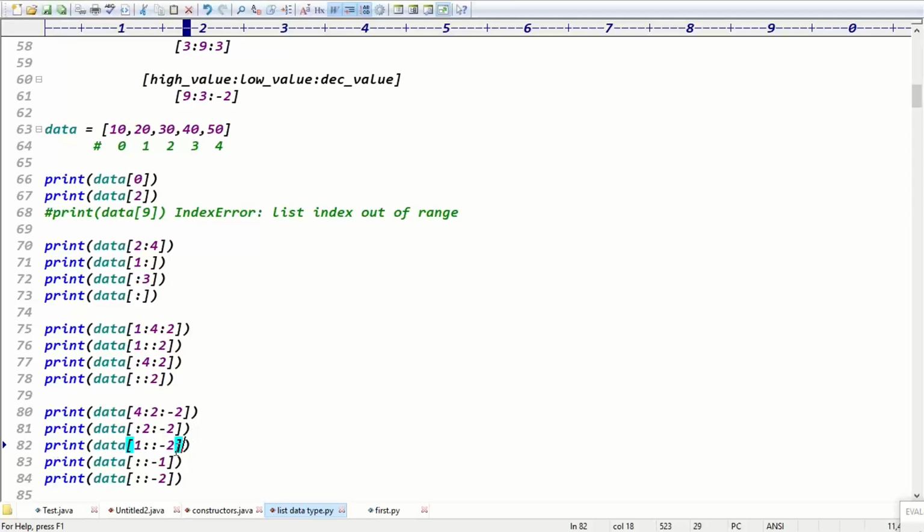This is taken as a decrement, and decrement means highest to lowest. So here 1 is taken as the highest value. What is the lowest here? 0. So this line will print only the value 20. Yes, if you get the 4 here, what is the meaning of this line? Tell me now.